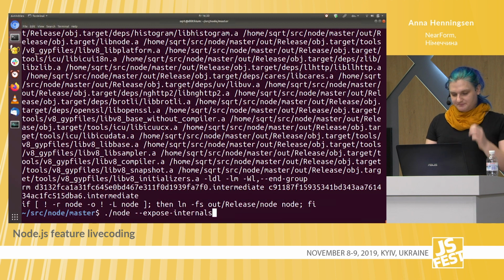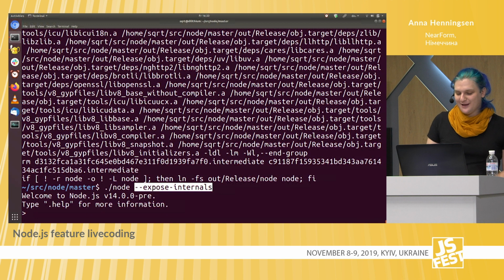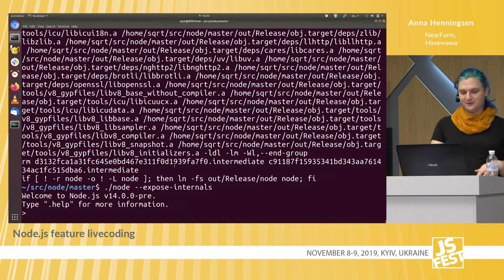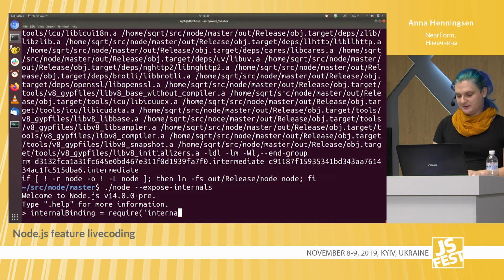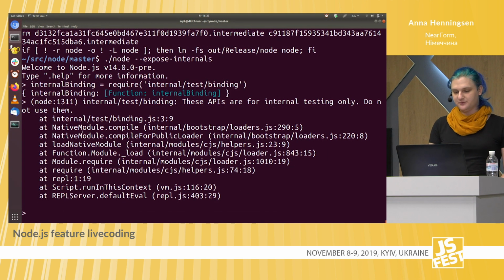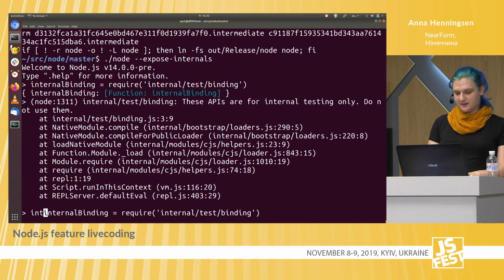So I'm going to do some bad things here. I'm going to pass this expose internals flag to Node, which we can use to access internals, which is something that you should obviously not be doing, because if you access Node internals, you should at least be prepared for your code to break every time Node.js makes a new release, which is not something that you want to do. But it gives us access to this